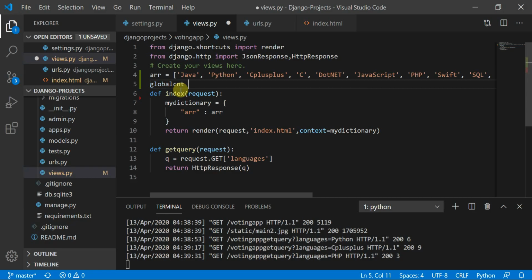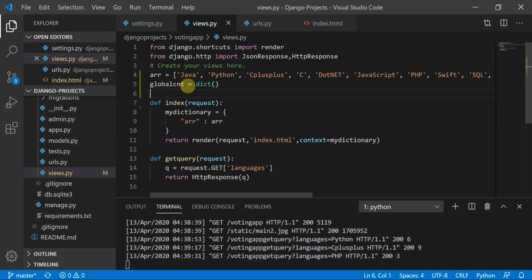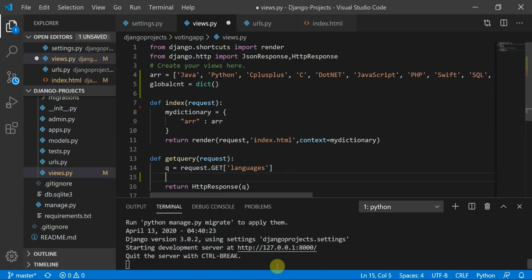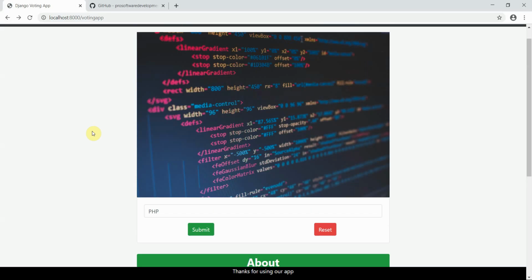This was going to be a dictionary data structure. So what I'm trying to do, this works perfectly fine. One thing I would like to show you before I proceed, that if I press